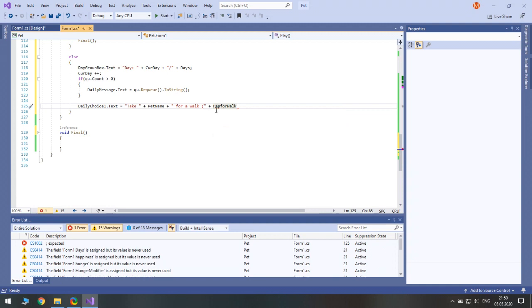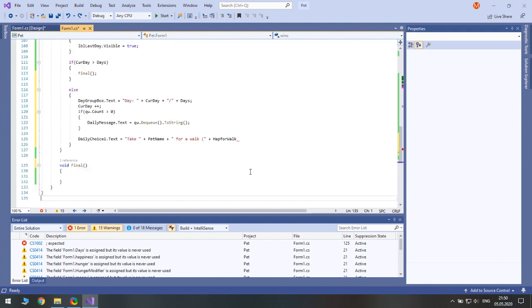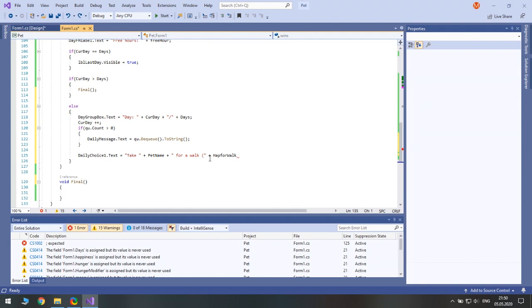If you wonder why I don't just type 13, that's because we not only show this variable, we will also increase by the value of this variable. So if I type 13 here and later I decide to change it to 15, I would need to change it in all places.